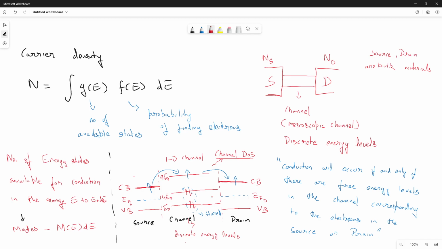So essentially, what we need to do to cause a flow of electrons is to cause a change in the Fermi level. Correct? Yes, sir. So the Fermi levels have to be kind of moved above or below. Then tell me this: if for conduction the Fermi level has to be moved above or below, then in equilibrium, what happens to the Fermi levels?